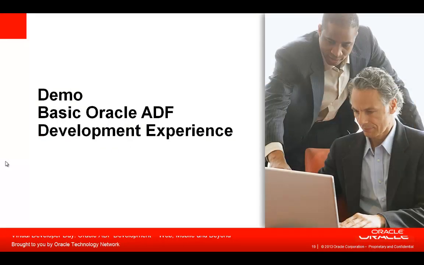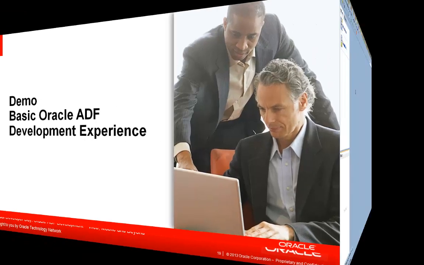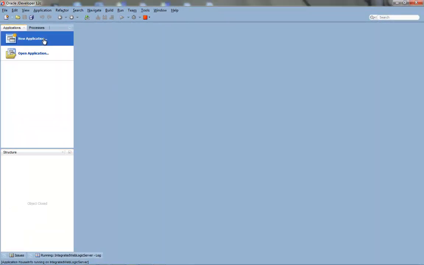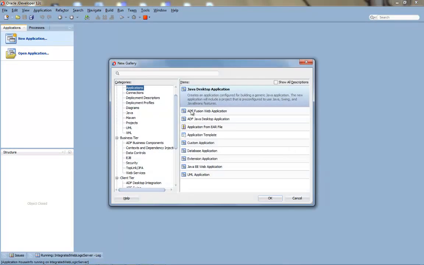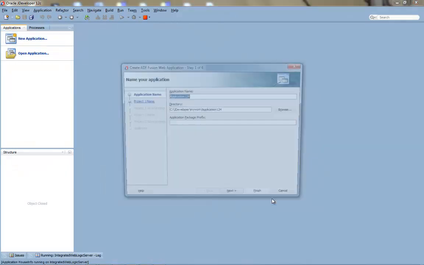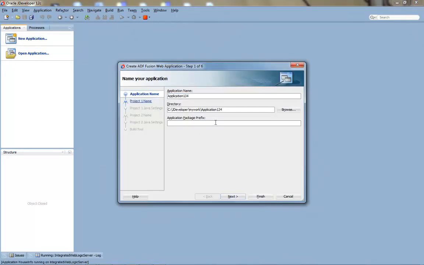Let's see a quick demo of how you build a basic Oracle ADF application using Oracle ADF and JDeveloper 12c. So this is Oracle JDeveloper 12c, and I'm going to build a new application using Oracle ADF. As you can see, JDeveloper allows you to build different types of application. We're going to use ADF, and we're going to use specifically the Fusion web application template, which means that we're